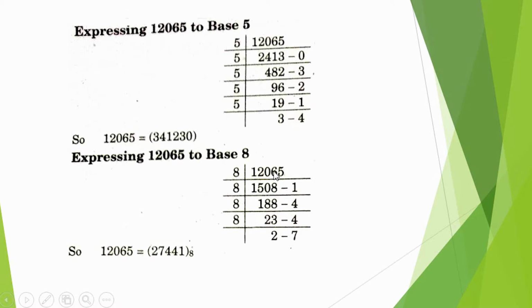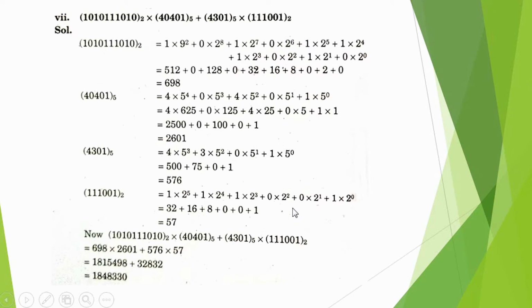Now 8 1s are 8, 0 becomes 40, 8 5s are 40, 8 5s are 40, 0. 6 is less than 8, therefore 65 we add 0, 8 8s are 64, 1 becomes carry. 8 1s are 8, 0 becomes 70, 8 8s are 64, 8 becomes 68, 8 8s are 64 and 4 becomes carry. 8 2s are 16, 8 becomes 28, 8 3s are 24, 4 carry. 8 2s are 16, 7 carry. Now we write these values in octal, base octal.